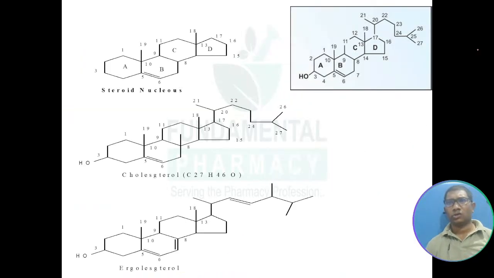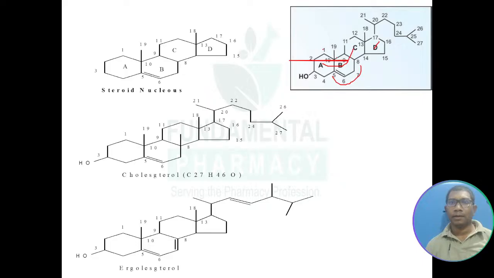Now you see the cholesterol structure. यहाँ पे is the structure of cholesterol. There are three rings, rings A, B, C. These three rings are known as a phenanthrene ring. Ring D is a cyclopentane ring. So numbering will start from this. Now 1, 2, 3, 4, 5,